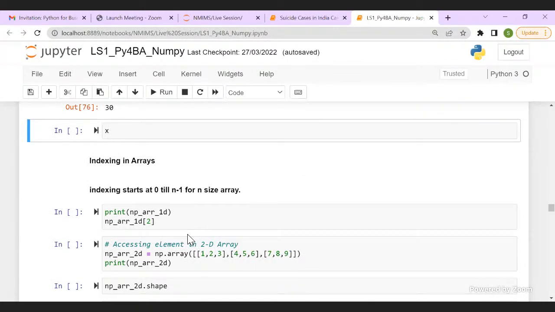Now let's talk about indexing. Indexing is used to access your data elements. Let me know if you are all good with the concept of indexing, so I can just mention it here. In case you have any doubt about indexing, I'll explain it. I'll try to explain in very, very simple words. Let me see if I can open my whiteboard.